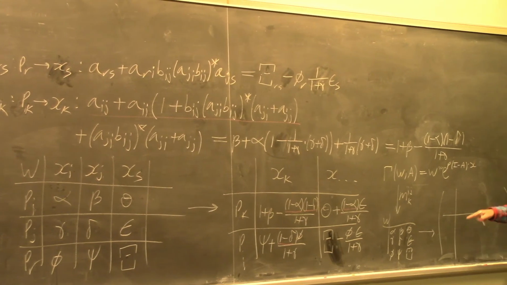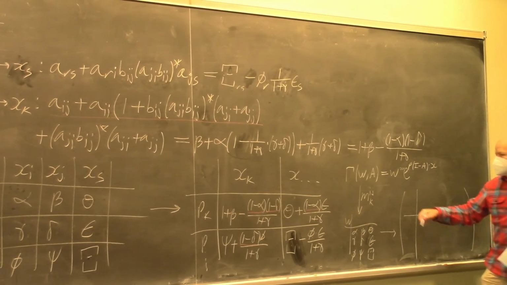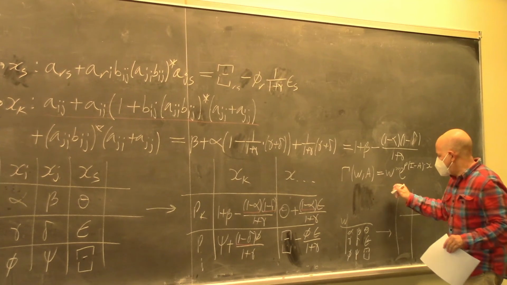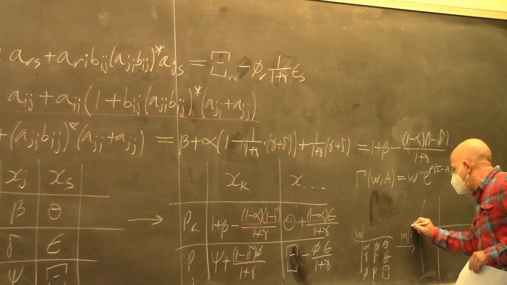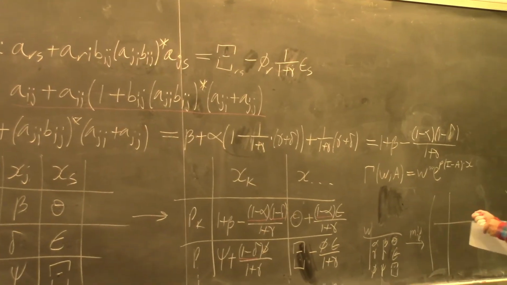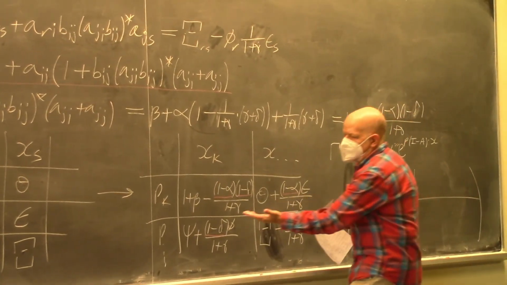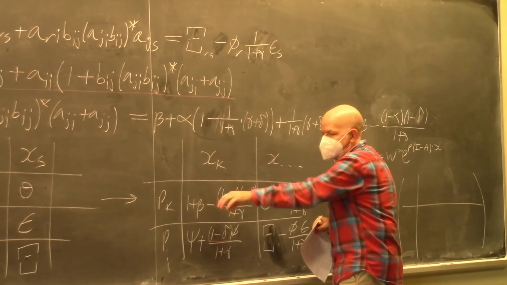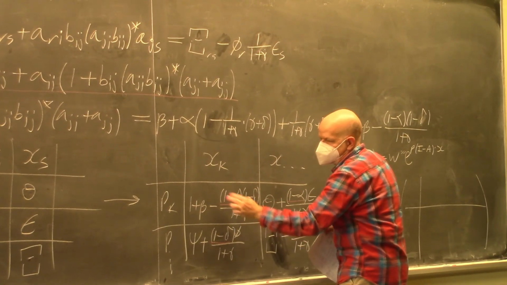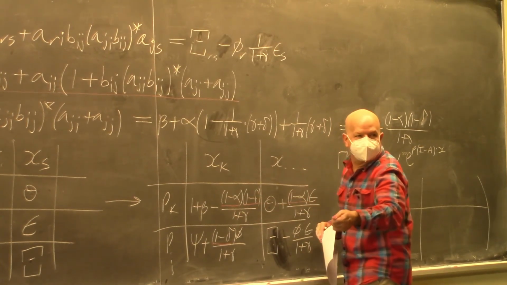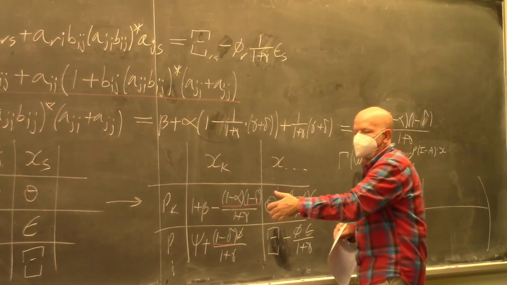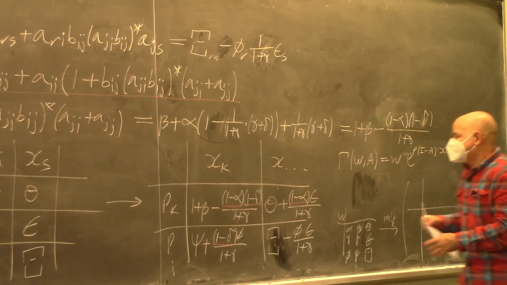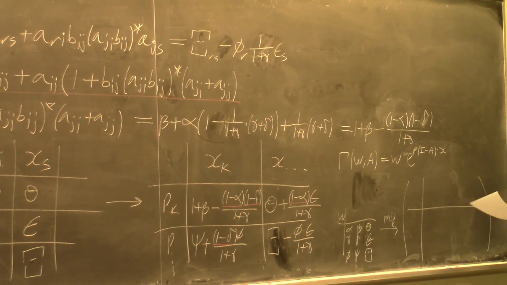So let me write what this matrix is. Again it's a bit of arithmetic. You have to do 1 minus each term, with the diagonal entries replaced by 1 minus what they were, and the off-diagonal entries replaced by their negatives. It's a bit of calculation, but what comes out is